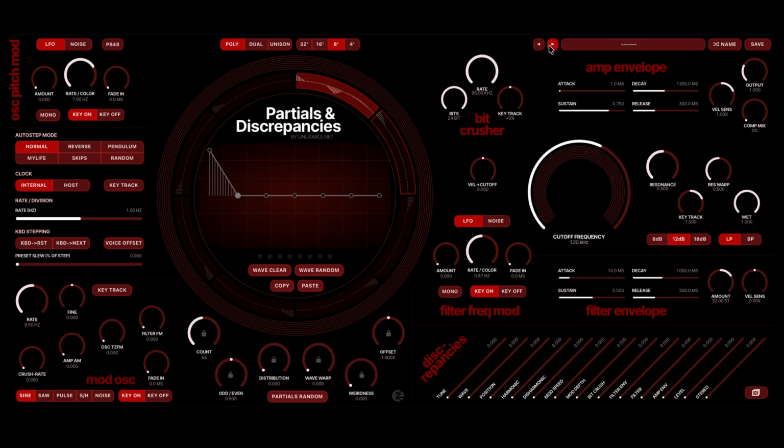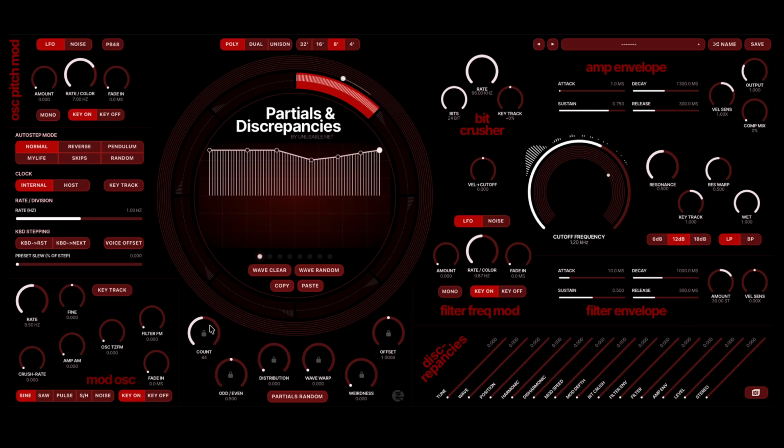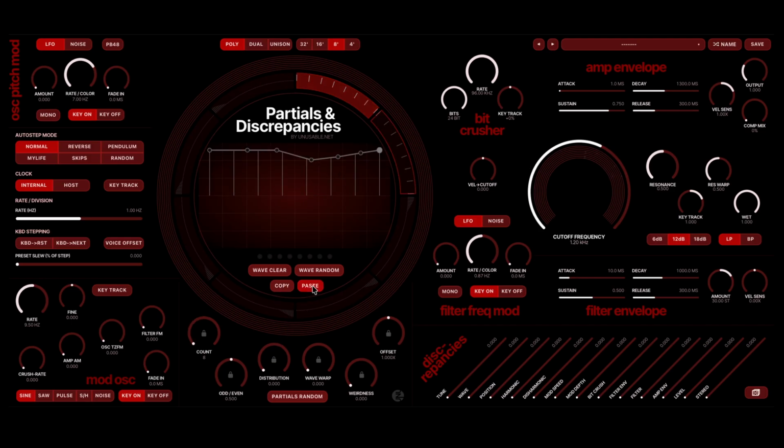Let's try it another way around. I'm gonna remove the first. So just bring up these to like full level, and we're gonna reduce the amount of partials to minimum, and then copy this, paste it into the next, and activate it. Turn up the count to like 17 is fine. Paste it again, and